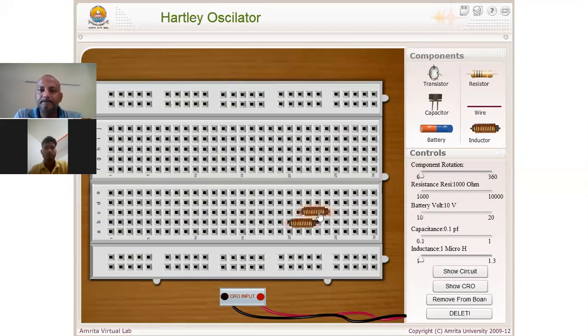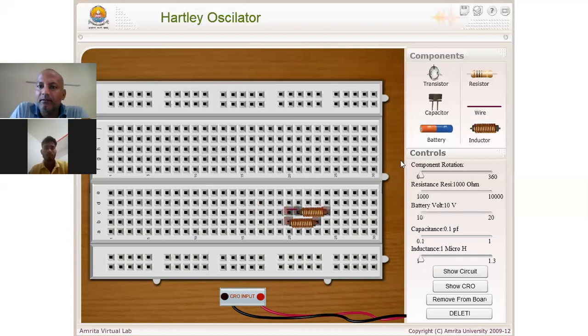Connect them, so both L1 and L2 are connected.